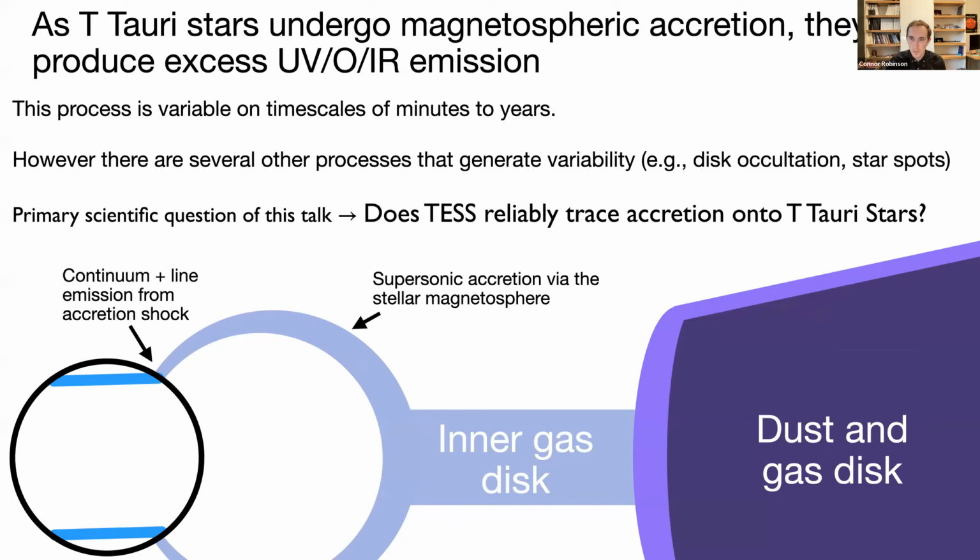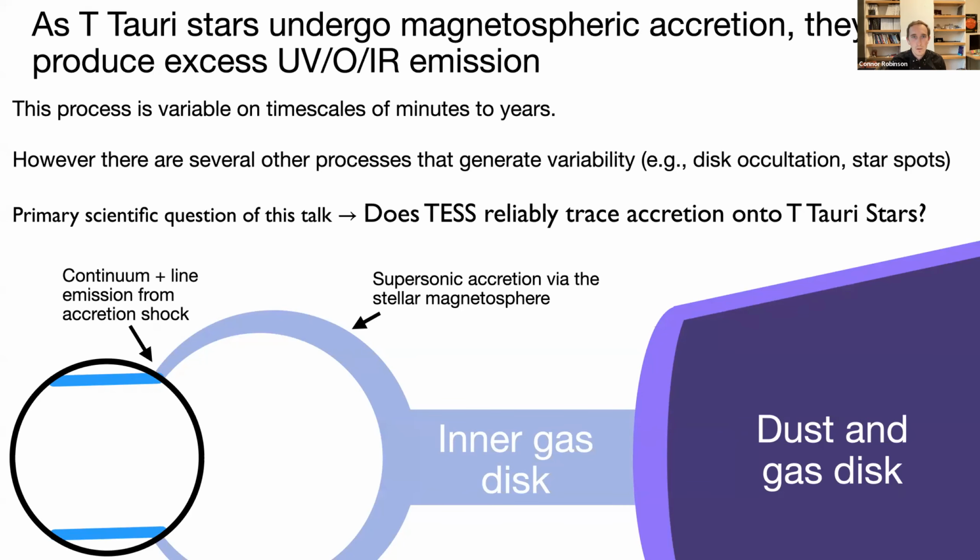The scenario that we're looking at here is a dusty disk that extends for a couple hundred AU. Inside of about 0.5 AU is an inner gas disk that's mostly dust-free. This gas disk is truncated by the magnetic field lines of the star, and the material flows along these field lines until it collides with the star at a couple hundred kilometers per second. It shocks a patch on the star, and this is the actual emission we're observing from the accretion process.